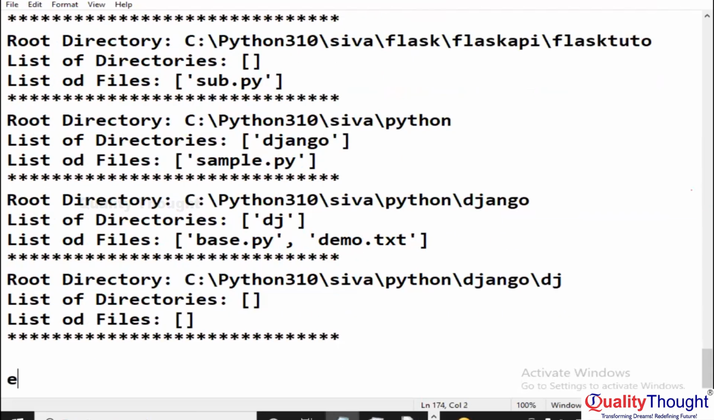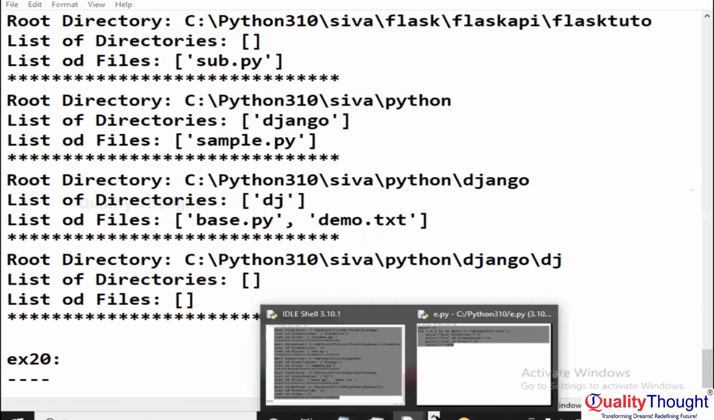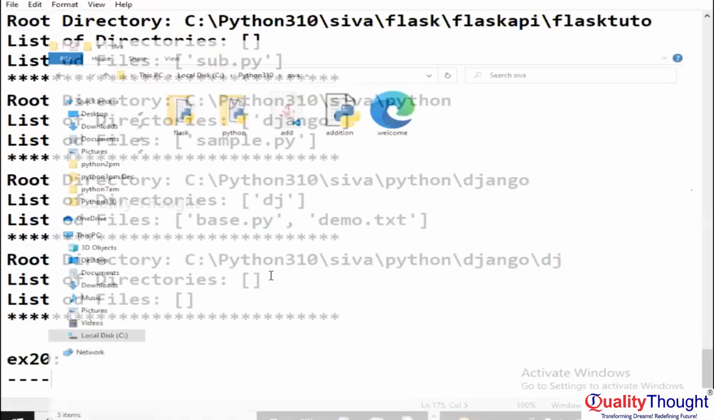Suppose my requirement is I specify one location. That means in C drive Shiva folder, I am passing this location. In that location, what .py files are available? Those .py files I want to display. That is my requirement. In that situation,